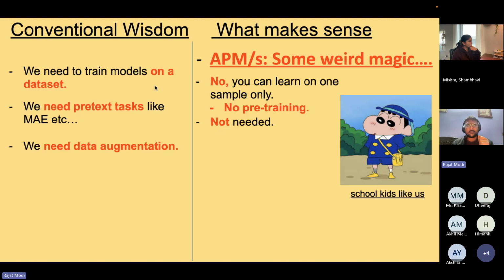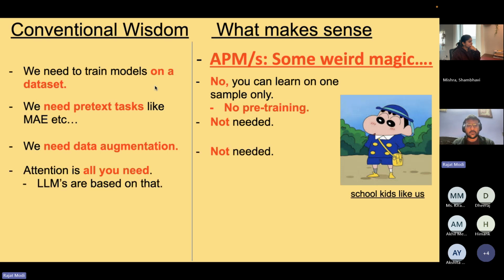And generally, people think that if you apply data augmentation during training, it will improve the performance. But then there are always a lot of engineering problems: how do you augment your data the best way? So what we have done is we have removed data augmentation also. And the second thing is all the LLMs and transformers are based on attention. So attention is the key workhorse which is driving the whole revolution. So in this paper, we have gotten rid of attention also, and we have come up with a better way